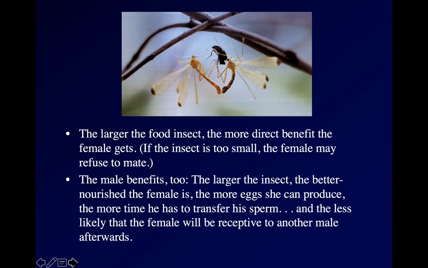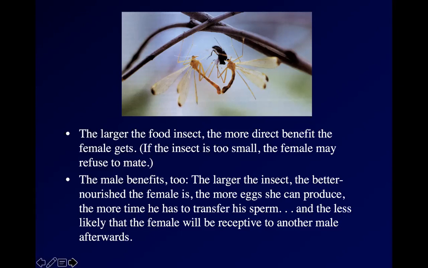And then it's to the female's advantage to prefer males that bring big nuptial gifts because the bigger the gift they bring, the more food she gets. She chooses individuals that bring her the largest direct nutritional benefit.